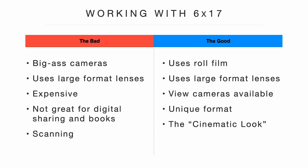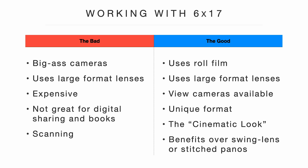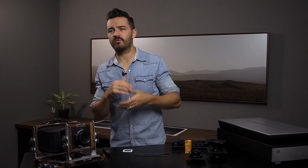And then finally, you might be thinking, well, these are all just benefits of panoramic photography in general, and 6x17 is not the only way to do that. How about swing lens panoramics or stitched panos? So I previously covered a swing lens panoramic camera called the Noblex in another video. And then there's also, of course, stitched panos. You take multiple photos and then